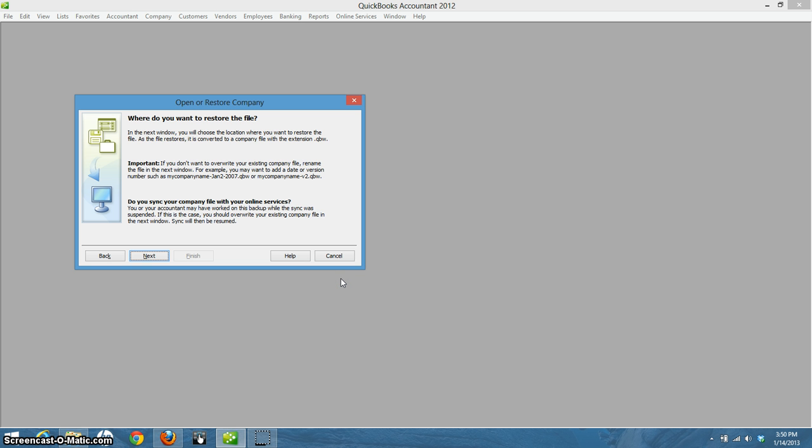Now I have this, and it says, where do you want to restore your file? So again, the file that I'm opening up, what I'm doing is I'm opening it up into a workable file that I can use within QuickBooks, the full company file. So it's saying